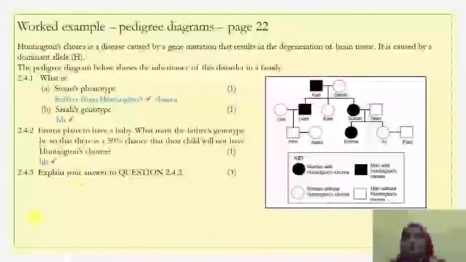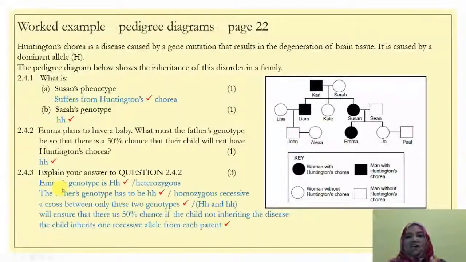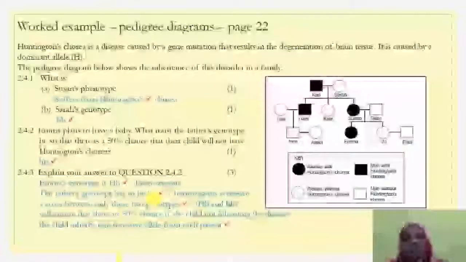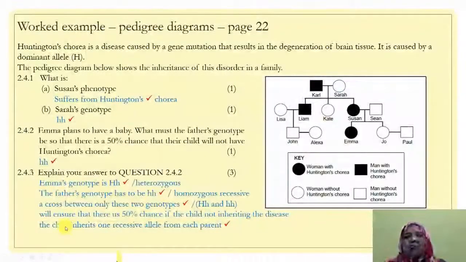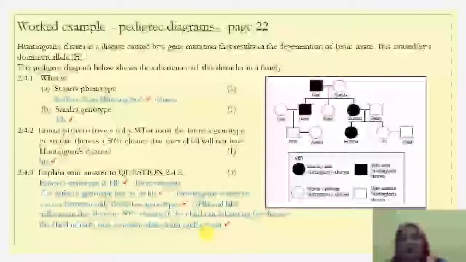Right? So you will first say, we find Emma's genotype. Did you see that when I explained it, I first found Emma's genotype? Because I had to know what she had to cross with. And then I said what the father's genotype has to be. Now why does it have to be? Because the child will inherit one recessive allele from each parent. So Emma's genotype will be Hh, and the father's genotype has to be small h, and when you